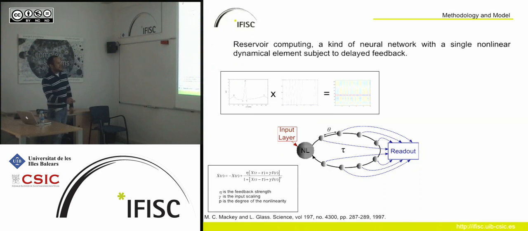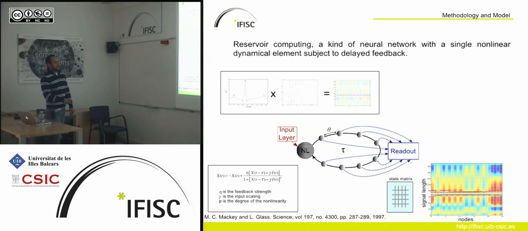So we read out the information that is in the virtual nodes, and then we construct what is called the state matrix that I'm going to show here. The state matrix has the same dimensions as the input matrix: the number of nodes and the signal length. But right now it has the information of the dynamics when we perturb that steady state of the Mackey-Glass with the input that we're including. For every heartbeat in the database, we're going to have one state matrix.